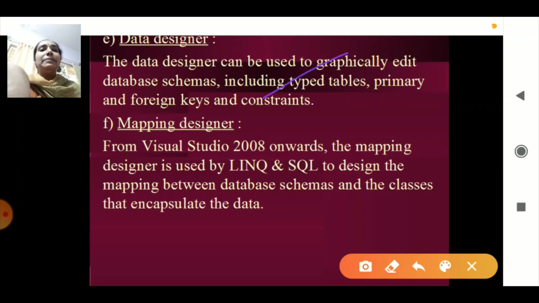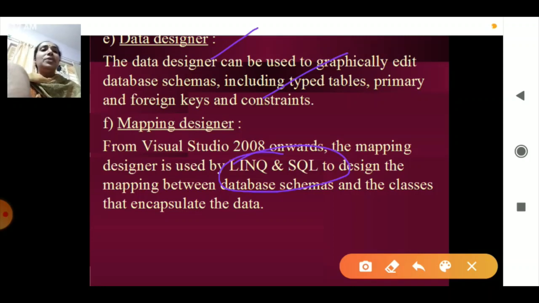And the mapping designer has the concept of LINQ and SQL. The data designer does the linking to the database, but the main aspect is that I have to take the database elements and store them wherever needed. It should know which class is linked to which other class, and encapsulate all the things.